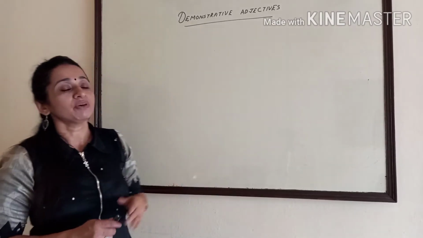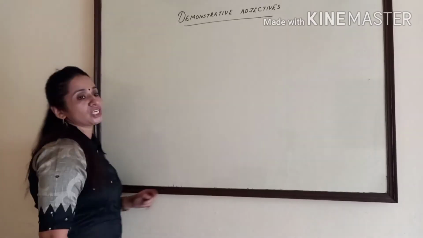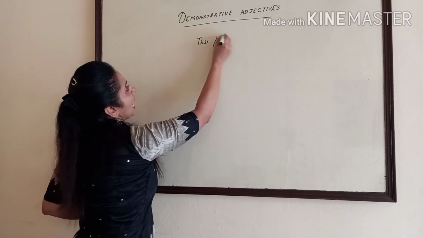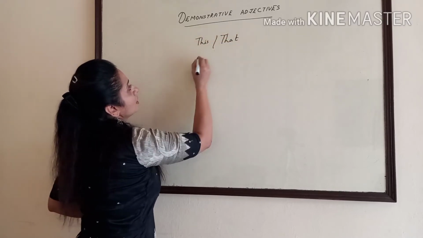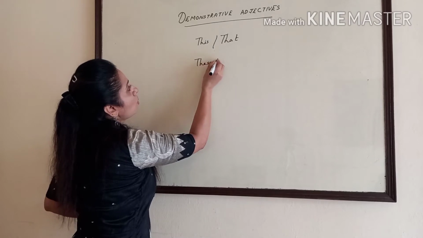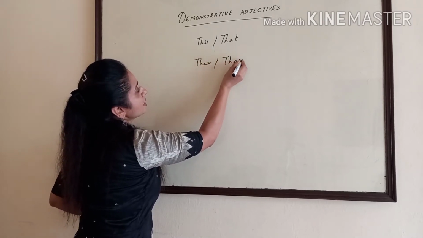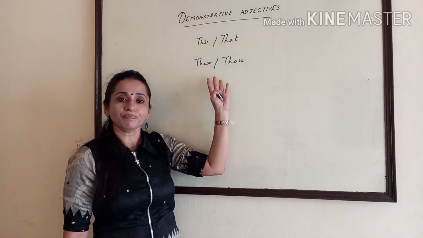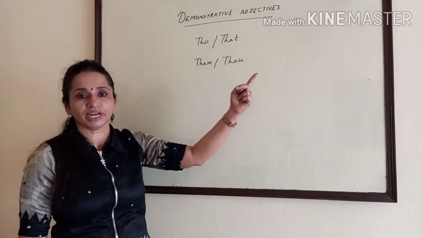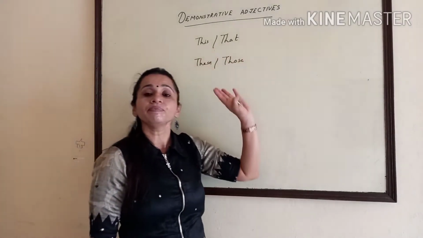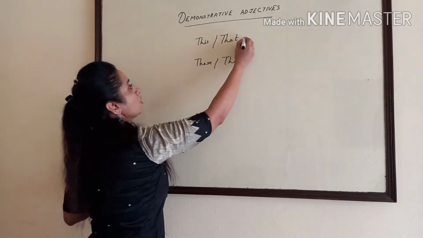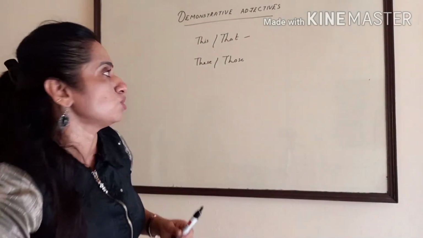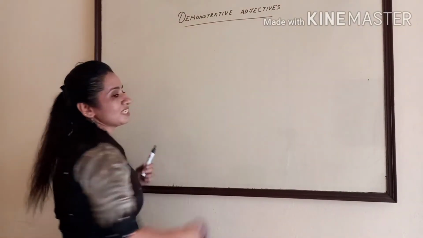For example, the most commonly used demonstrative adjectives in English are this or that, these or those. These are used to express the relative position of a noun according to its space or time. This or that is for singular, and these or those for plural. It is the same in French. Let's see which are the demonstrative adjectives in French.